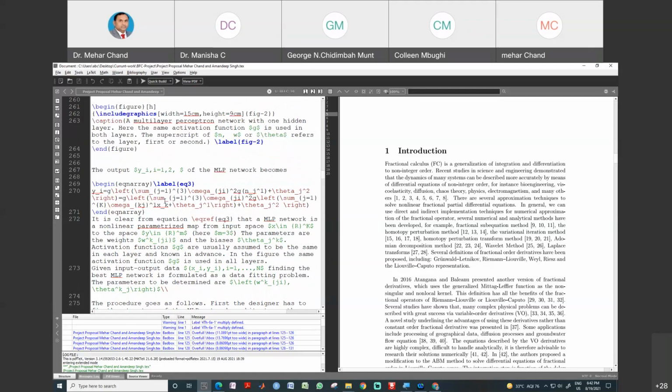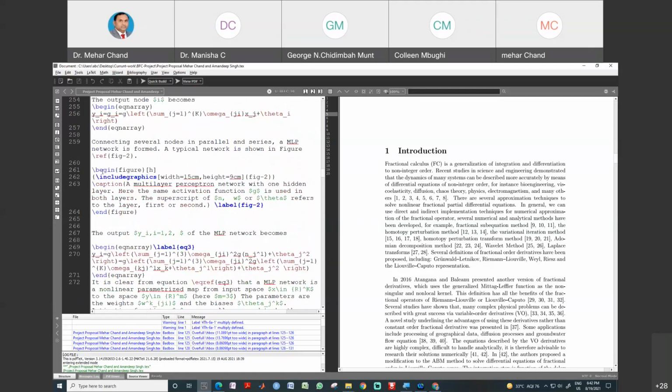And after that, you can see this is the figure. Here a figure has been inserted. Okay, and this is the label for this figure. Okay, and this label is used at another place, and we can use it. And similarly, you can see here, this is the label figure 2 used at this place. Okay, and see.